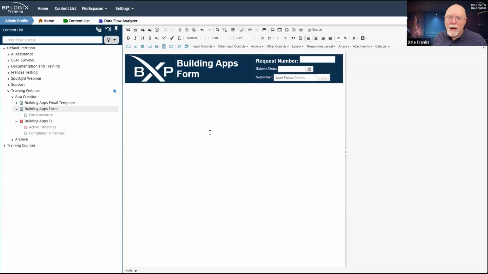I need to give them a couple of bits of information. I need to tell them what task they're performing, and I need to give them the instructions for performing that task. At the very minimum, I need to give them those two things, and it should be up at the very top of the form so that they see it as soon as the form loads.